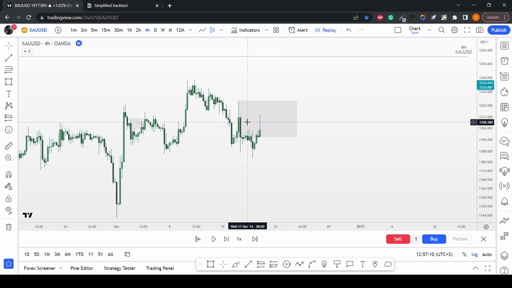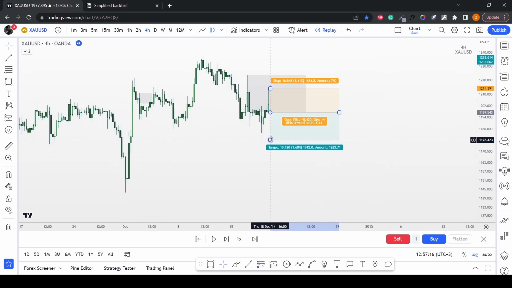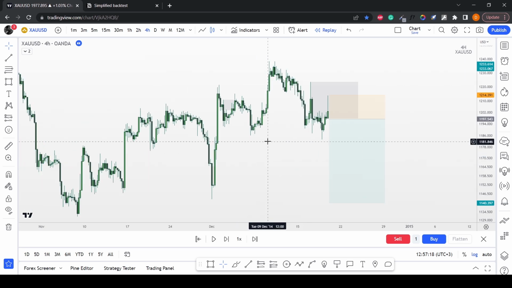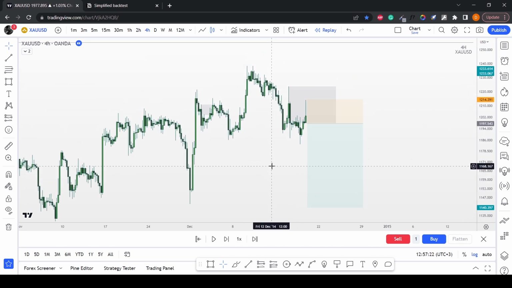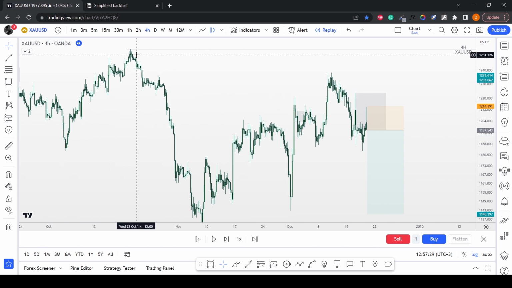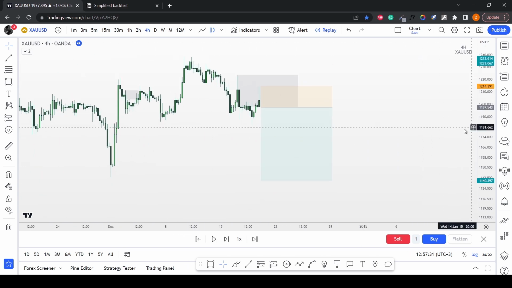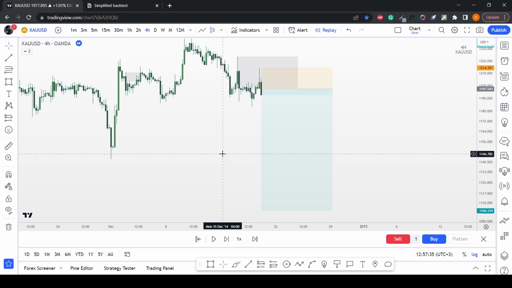Okay, and now if after this deeper mitigation it wants to go to the downside, I'm willing to give it one chance. Okay, only one chance in this zone. It's pretty shitty, to be honest. It's just a fractal zone, but we are near the protected low. We mitigated some zones from 4 hours, I mean refined zones from daily here, and yeah, let's try. Okay, so we have a tap,